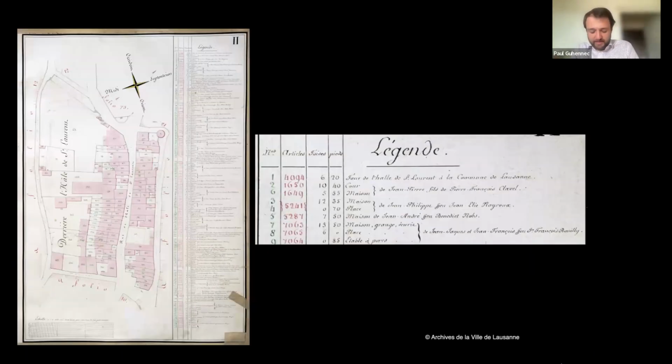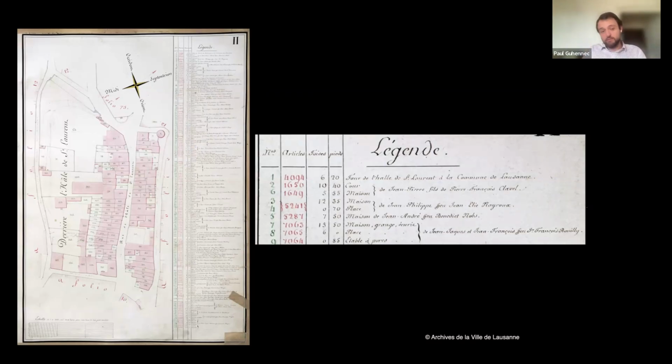Right, so for now, I've been looking at examples from the cartographic side of documents, but cadasters and other administrative sources also have other kinds of information, namely textual information. In this case, I'm showing you another example coming from another archive, but which shares the same problem, the Archives of Lausanne, where we are based. On the left, you see a map of the kind you've seen before in the case of the Venetian Cadastre. And on the right, you see a zoomed in section of the other part of the document, which describes for each house the surface, the price, and the usage of such